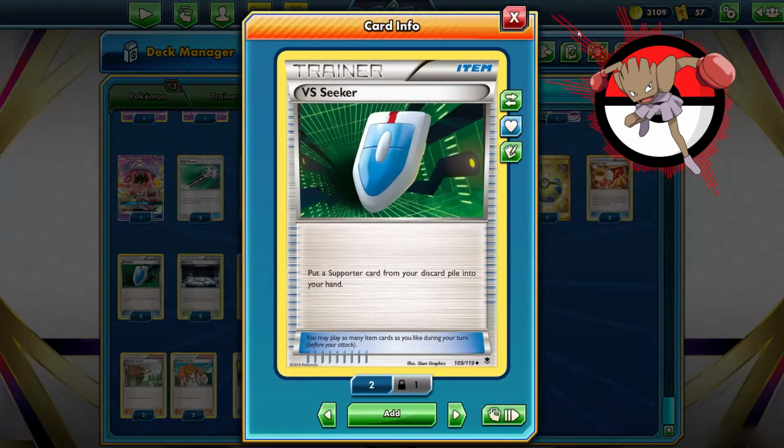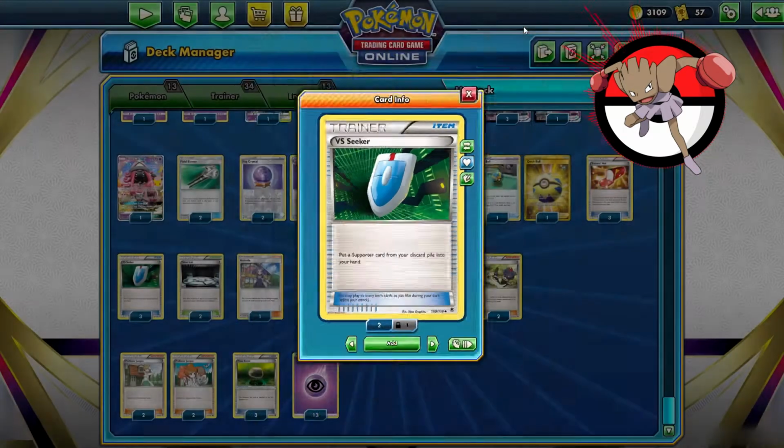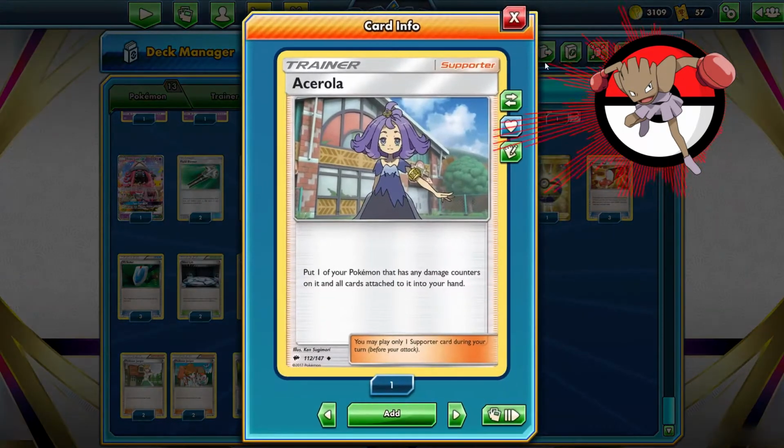We also have 3 Versus Seeker in the deck, just to put our supporter from our discard pile into our hand. Very good card to use. We can reuse multiple supporters that we have 1 of, like Acerola, which allows us to put one of our Pokemon that has damage counters on it and all cards attached to it into our hand, so we can just